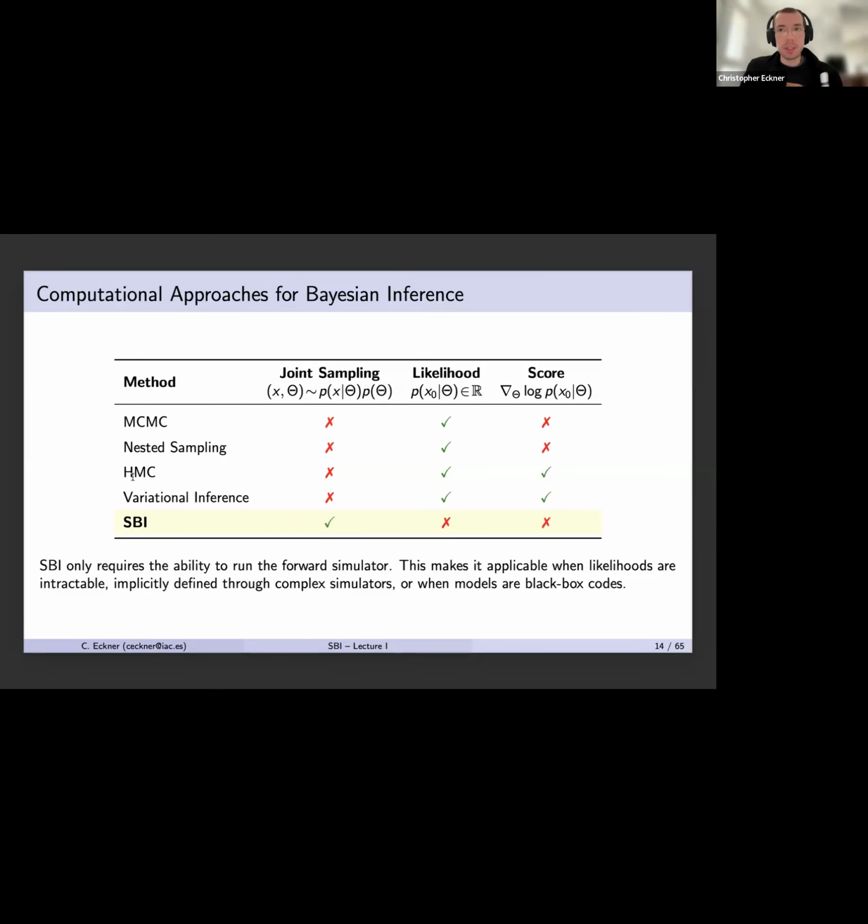Then you have something called Hamiltonian Monte Carlo, which is the gold standard for likelihood methods, because there you introduce more information to your problem, because you introduce a score that guides your Monte Carlo method. So there's one point that runs in the likelihood function with the derivative of the log of your likelihood function, which is a very designed problem to solve a very specific inference task for a very specific setup. So if you can write such a thing down, always use that because it will be the best thing you